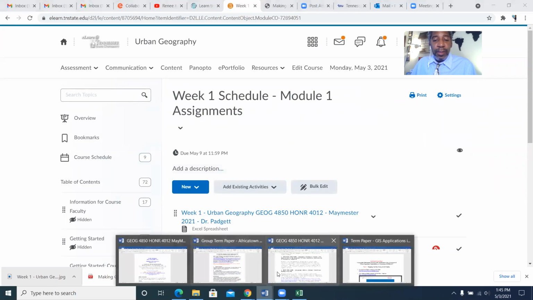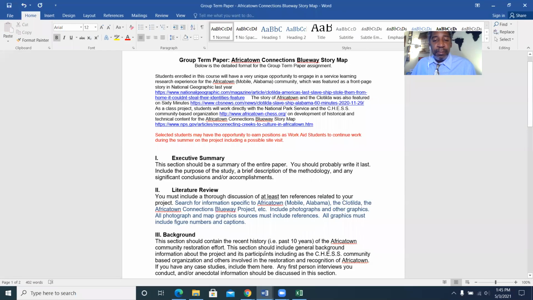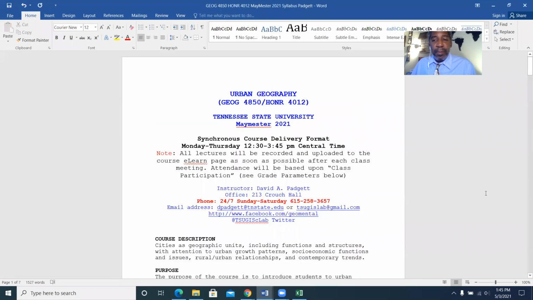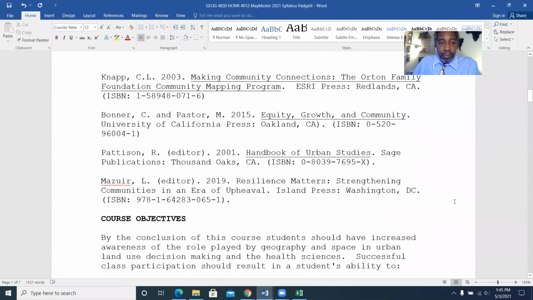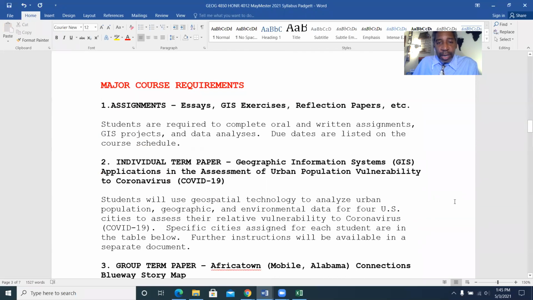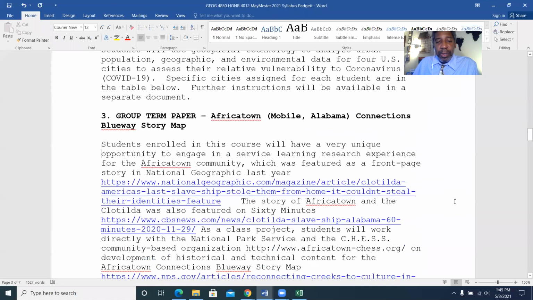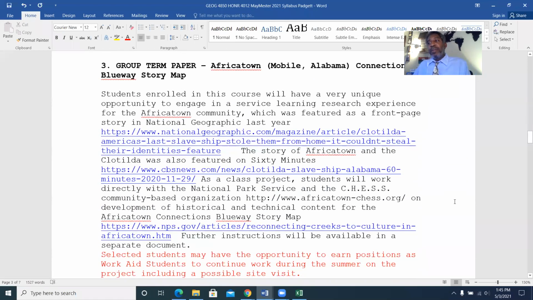Okay. So the next major assignment on the syllabus, in addition to your individual term paper. This year, I'm very excited that we are going to be working on a project in support of the National Park Service and the community of Africatown. So there are a couple of articles here in the syllabus